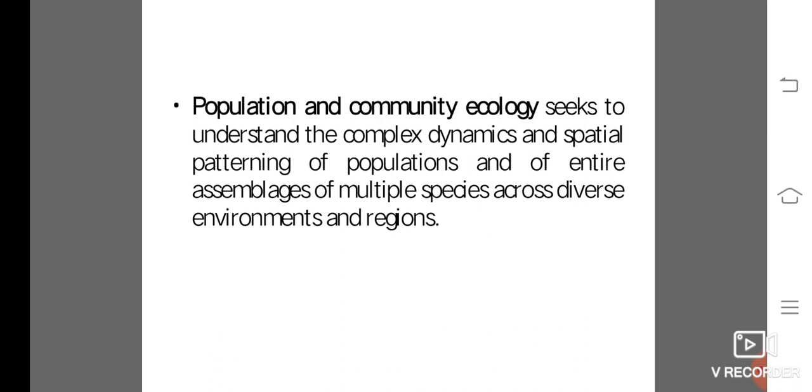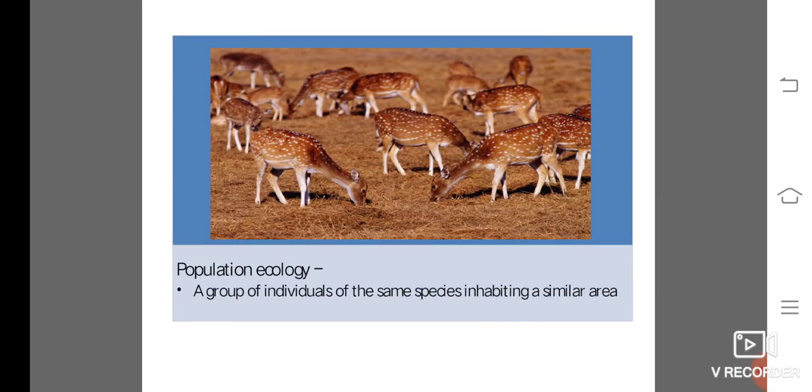A population is a group of individuals of one species that interbreed together in a particular living space. Members of the one species have the capacity to interbreed and produce fertile offspring.